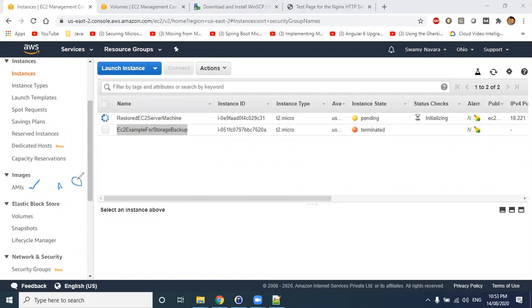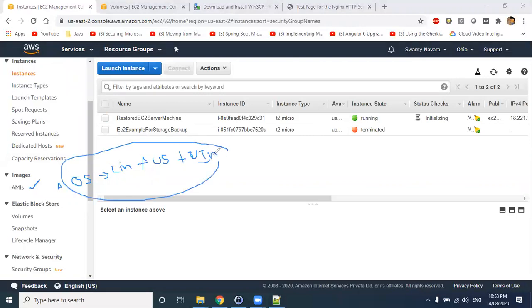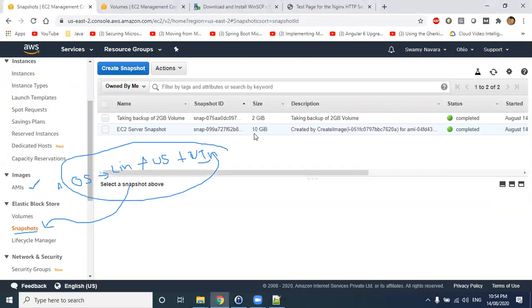So whatever operating system you selected, Amazon Linux, along with that whatever user data is there and whatever user-installed software is there, all those will be created as a snapshot, and that snapshot is stored here. If you go to snapshots, you will have that particular snapshot created. This is the snapshot which is created for that particular image.